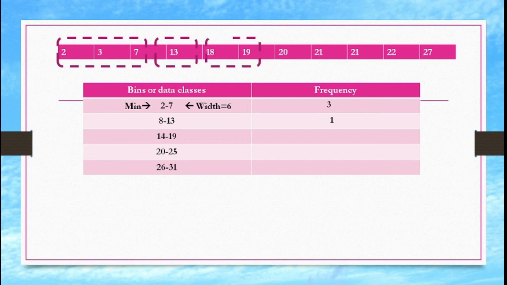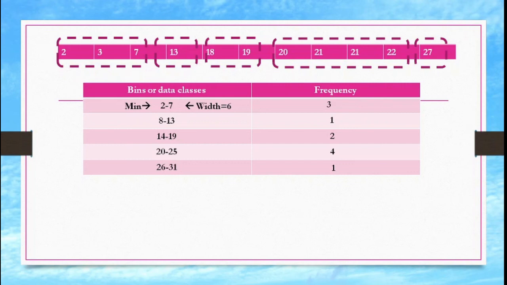And 14 to 19, right, we are getting only 2 data, so we will write it in the frequency table. Then again 20 to 25, there are different types of data. 4 data are available, so we'll write 4 here, and finally the last one we will write as 1 data. Yes, I hope you are doing correctly with me. Yes, good job.